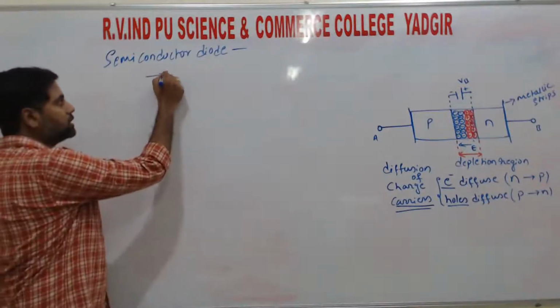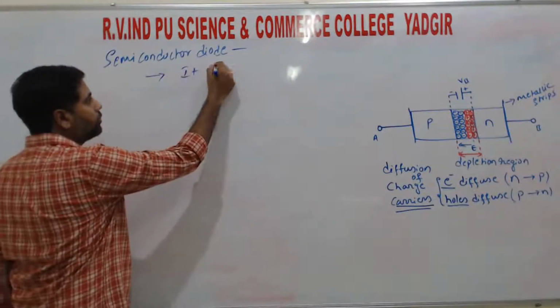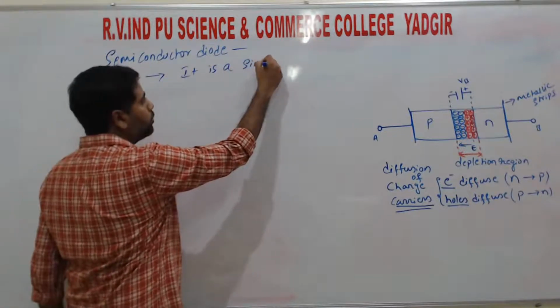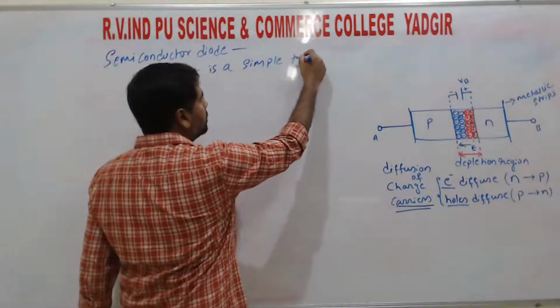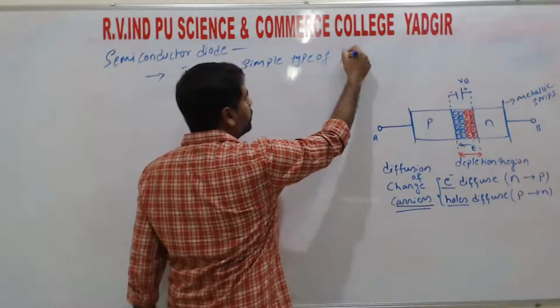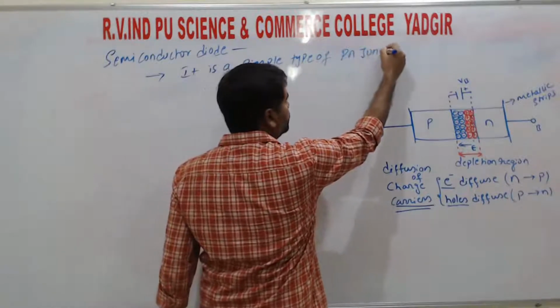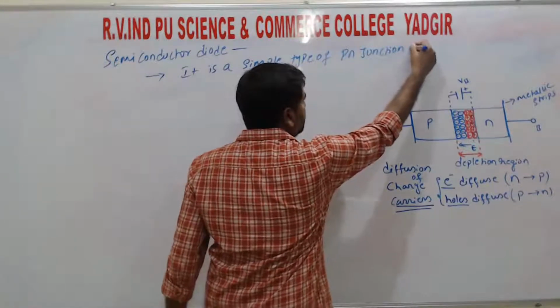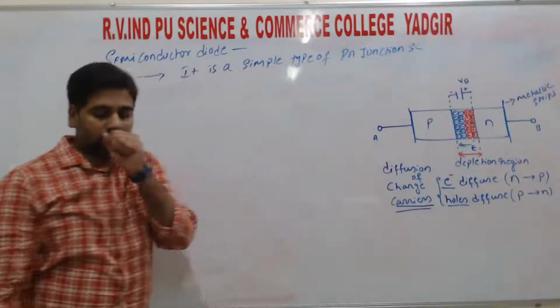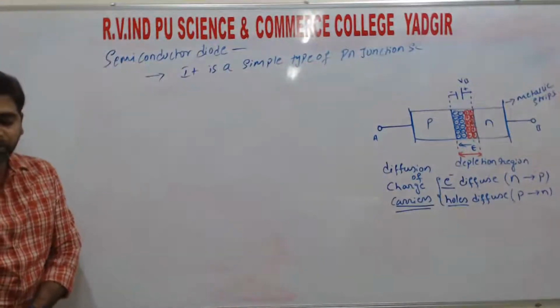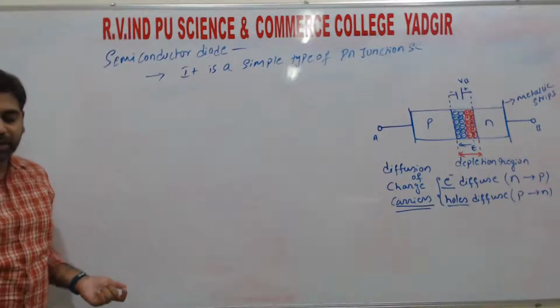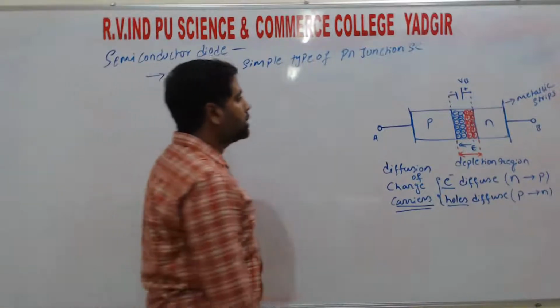A semiconductor diode is a simple type of PN junction semiconductor, right? So it is a simple PN junction with metallic contacts